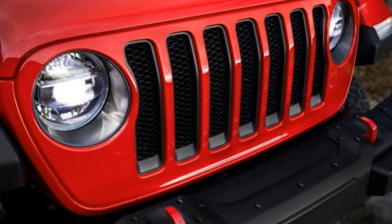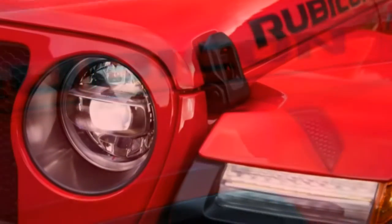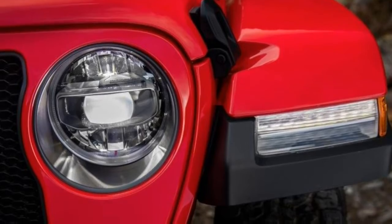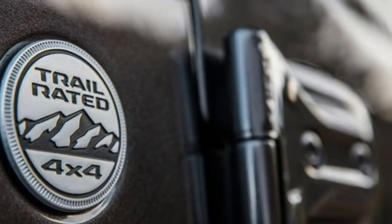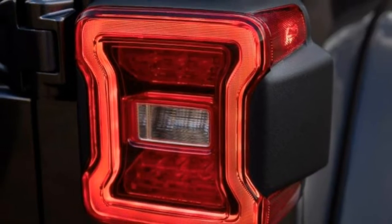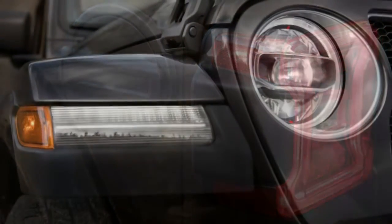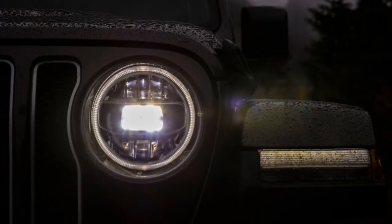The new Wrangler is longer, wider and taller. It has the earlier 3.6-litre V6 underneath the hood. Nonetheless, it can now be mated to an optional 8-speed automatic transmission that vastly adds to the Wrangler's drivability. A 6-speed manual remains standard. A new turbocharged 2.0-litre 4-cylinder engine is on the way later this year, and yes, it adds more appeal